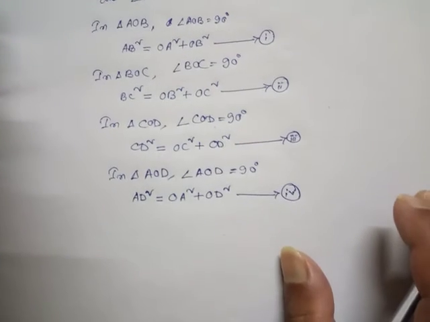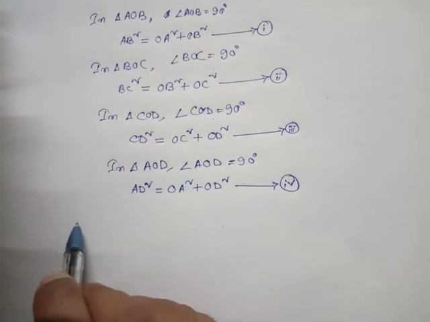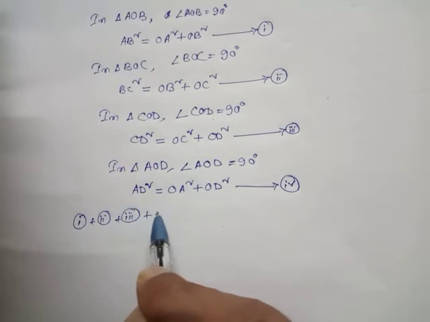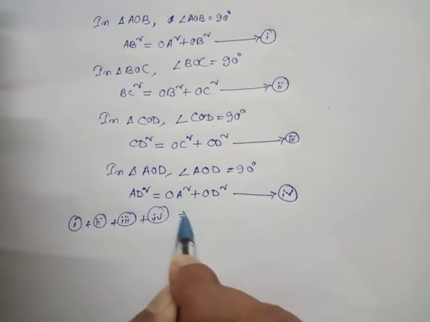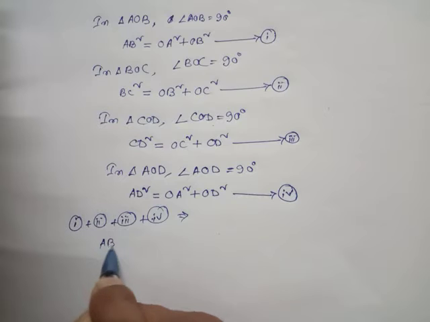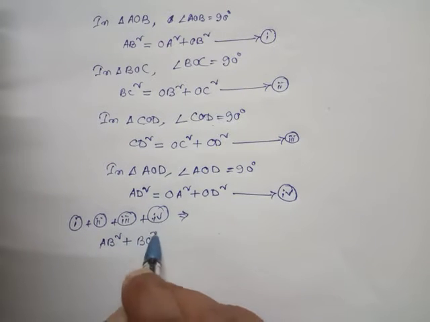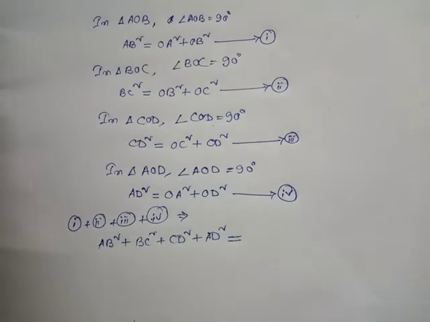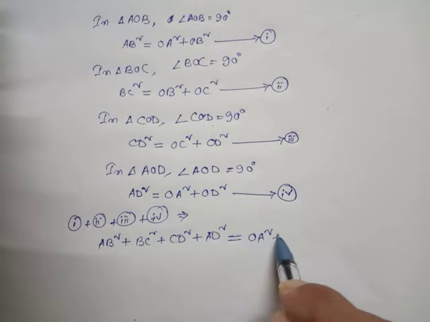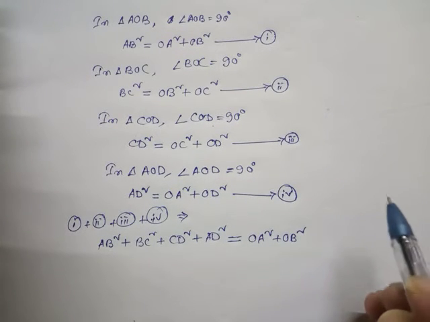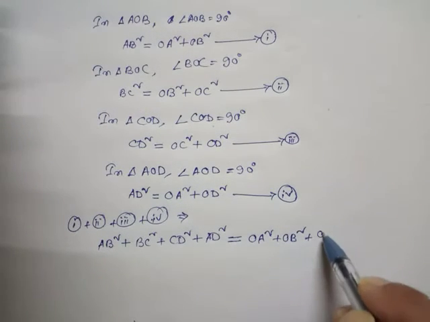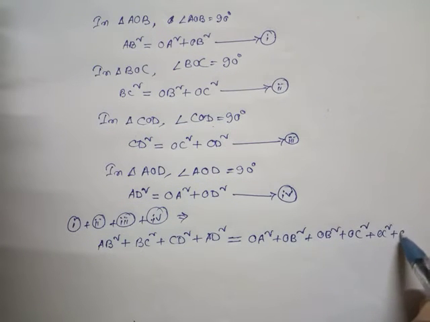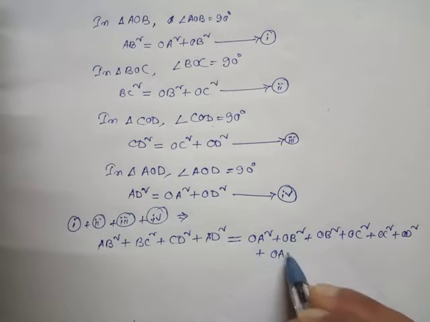Look here now, adding 1 plus 2 plus 3 plus 4, then AB square plus BC square plus CD square plus AD square, this equals OA square plus OB square plus again OB square plus OC square plus again OC square plus OD square plus OA square plus